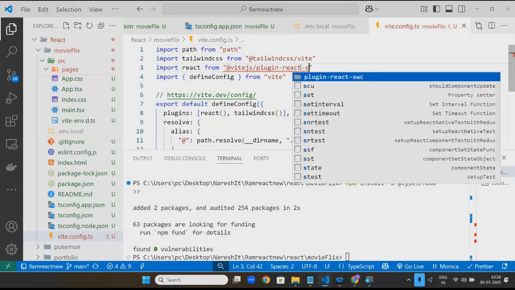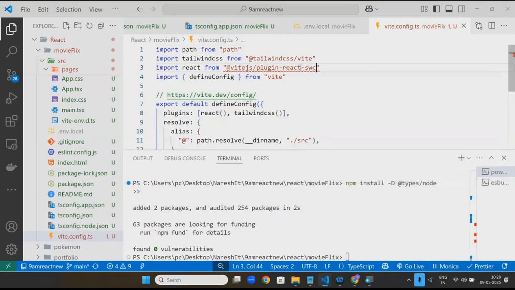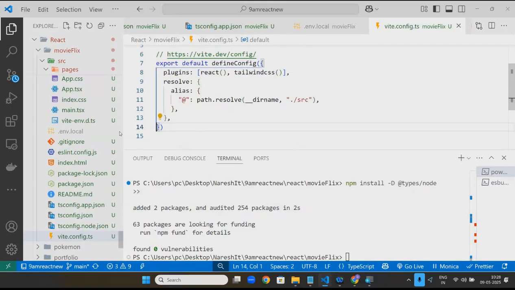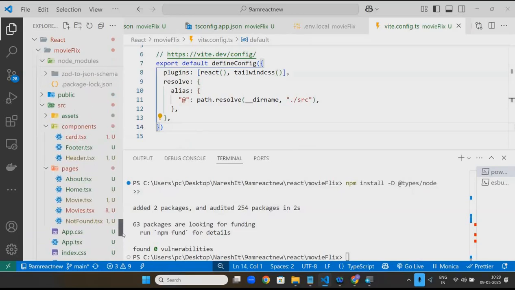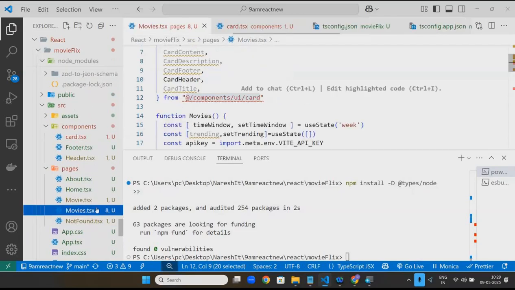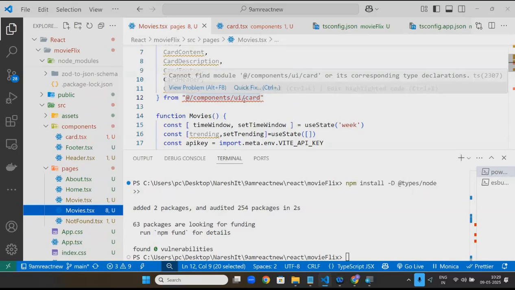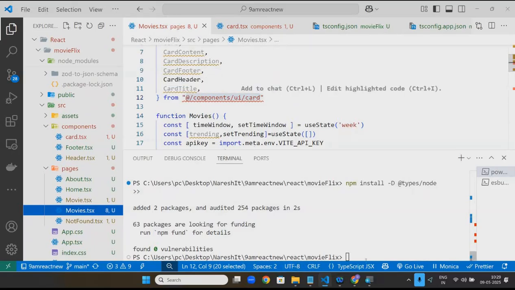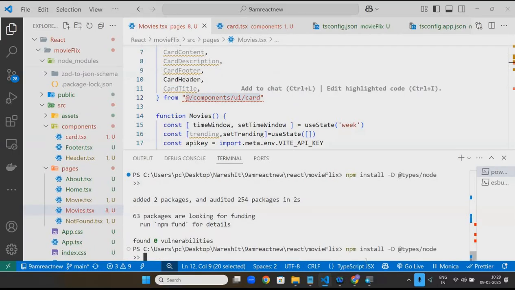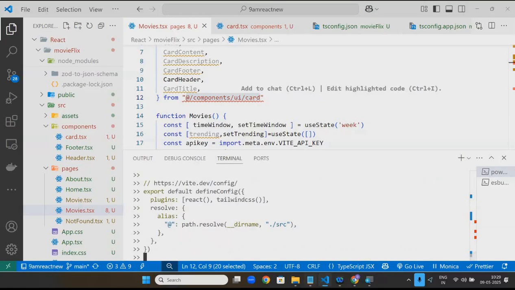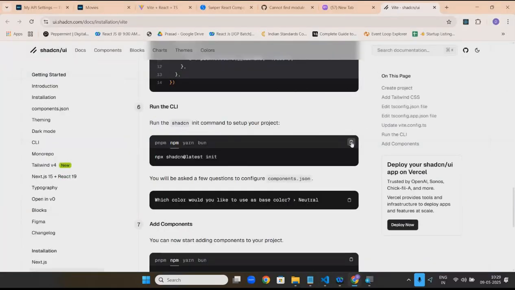React SWC. Correct. This one is done. Go here, movies.tsx. Now if I install, npm install latest init,